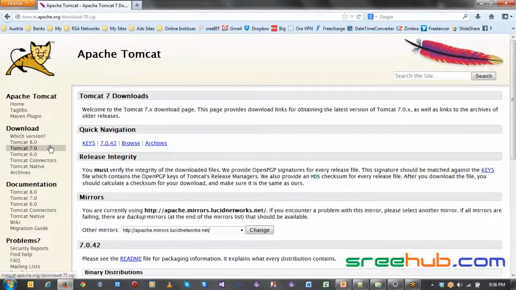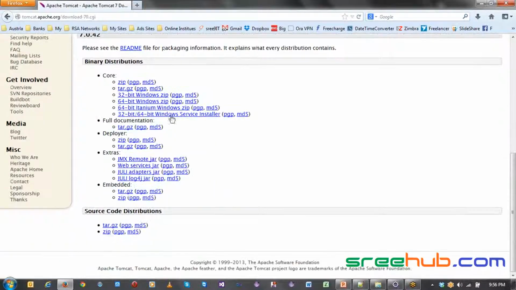Don't worry, even if you go for any of the versions, the working pattern will be the same. Now here we are here to learn the working pattern of our Tomcat, right? So once you are in your Tomcat, just go down, and here you can see the section called binary distributions. This is the actual one which will give us a direct distribution.